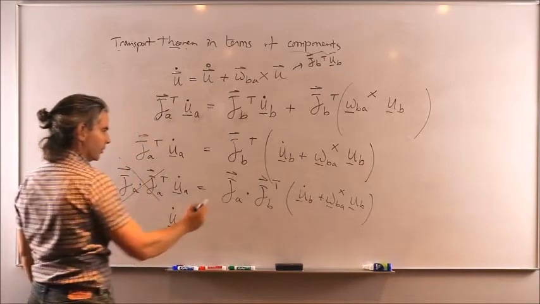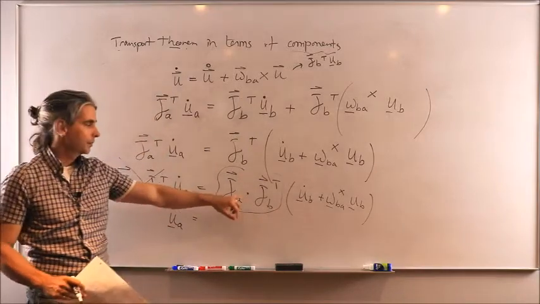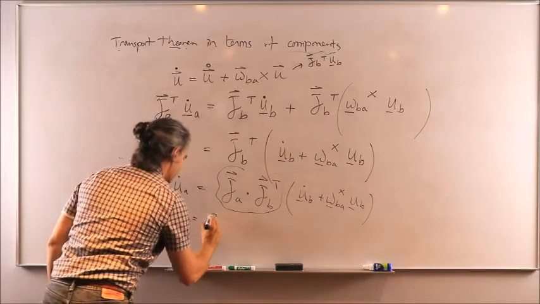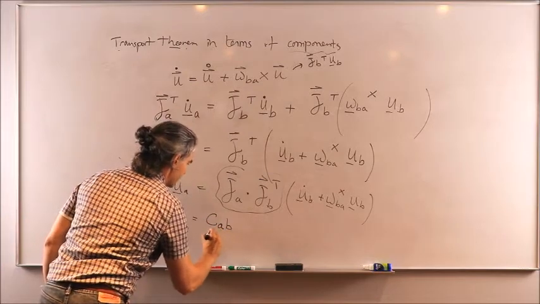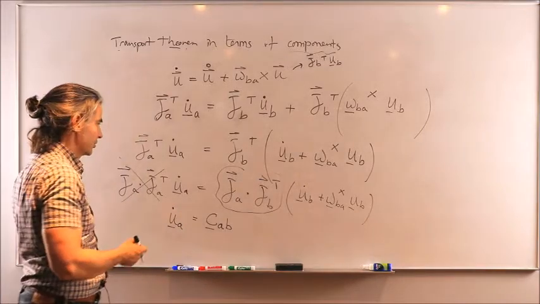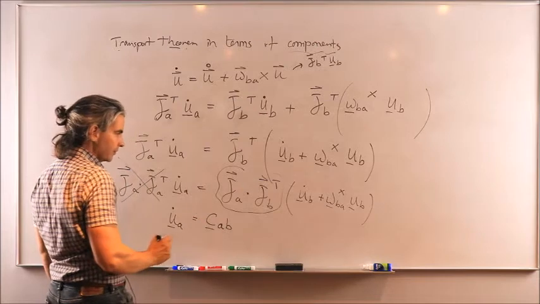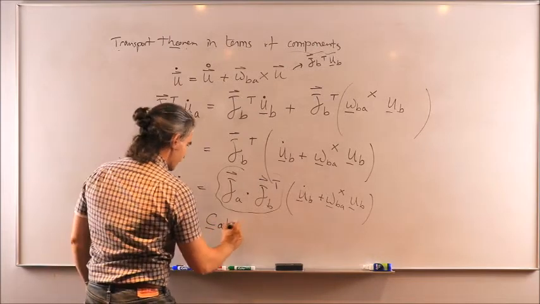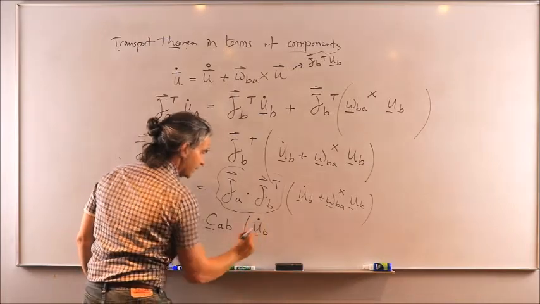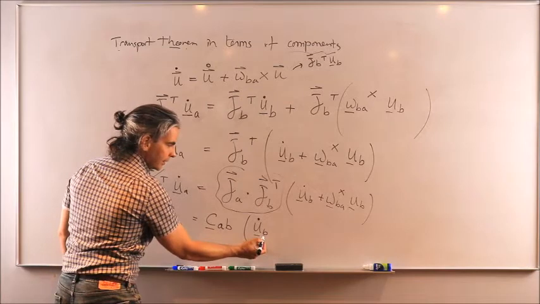equal to, oh, what is this? Vectrix A dot product with transpose of vectrix B. Right away you know that this is rotation matrix CAB. If you don't, refer to what we saw previously in terms of defining rotation matrices and specifically their first use. Okay, so CAB times non-inertial derivative. Why do I know this is non-inertial? Because this is in reference frame B,